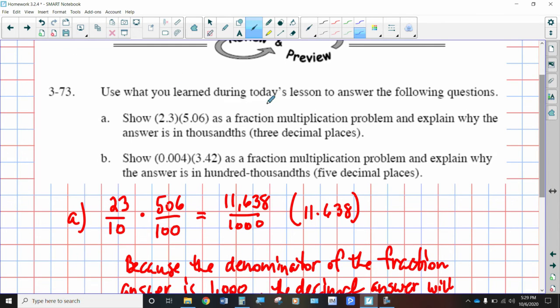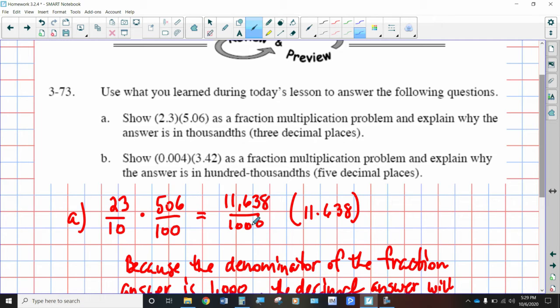All right, so what did we learn today in our lesson? When we are multiplying decimal numbers, remember, decimals have fractional equivalents. So if we were to rewrite each one of these as their equivalent fractions, 2 3/10 is really 23/10, and 5 6/100 is really 506/100. Now we use our rules for multiplying straight across, numerator times numerator, denominator times denominator. And at the end, once we simplify this,